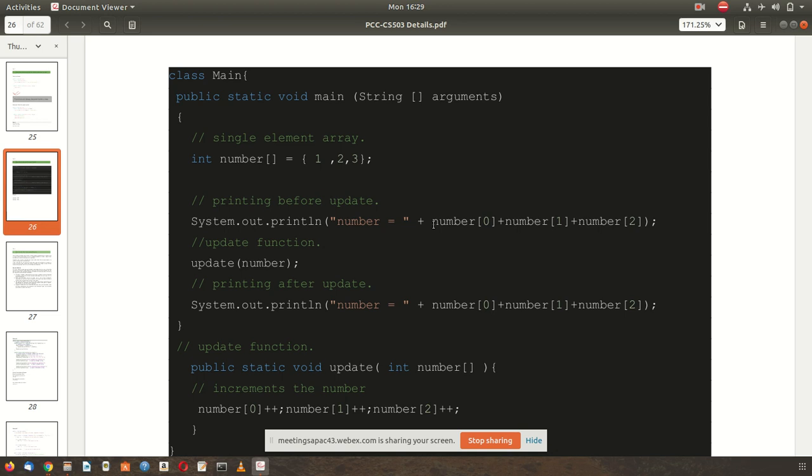So there is no symbol to tell whether pass by reference or pass by value is taking place. When we pass a value from one function to another, it is always just the name of the variable.